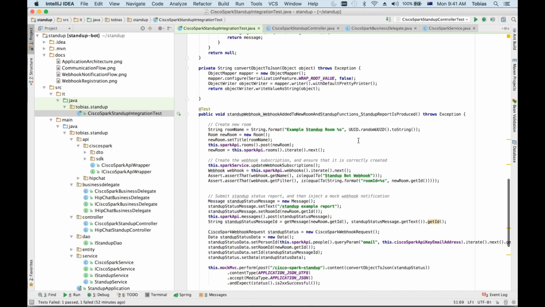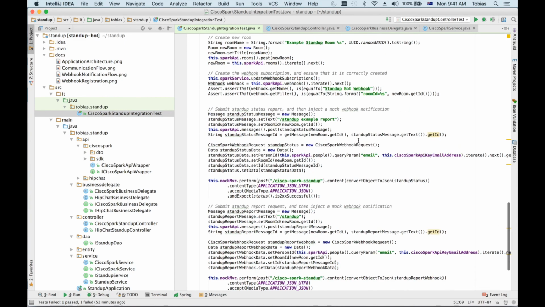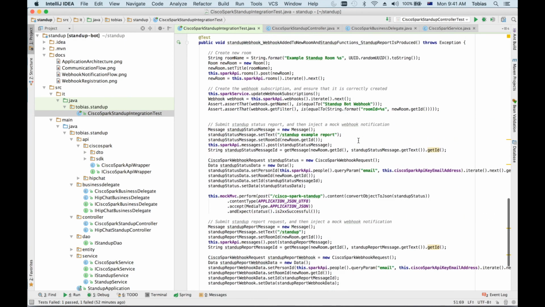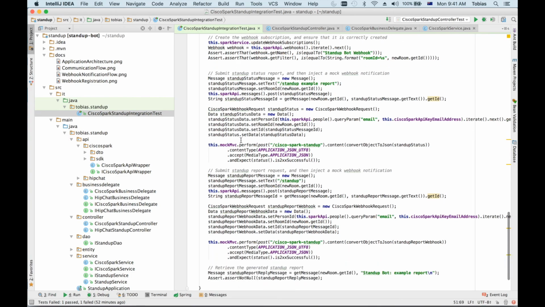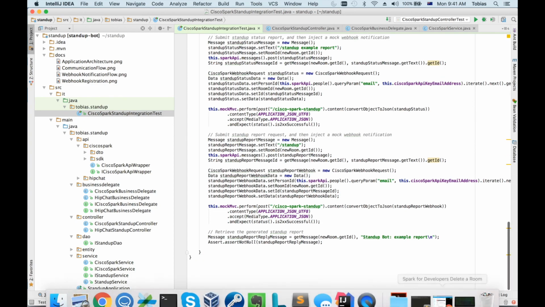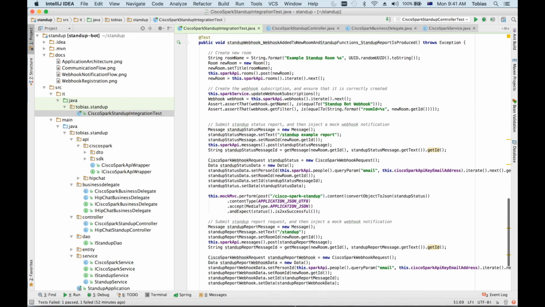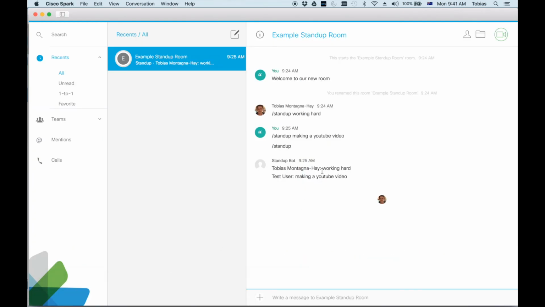So you can check the project out and you can run that if you just want to see end-to-end how that is all put together. For the data setup, we're just using the Spark API directly without wrapping it up. But for the actual functionality, we're using mock MVC, so it goes directly through all of those layers. And putting all that together, we end up with this